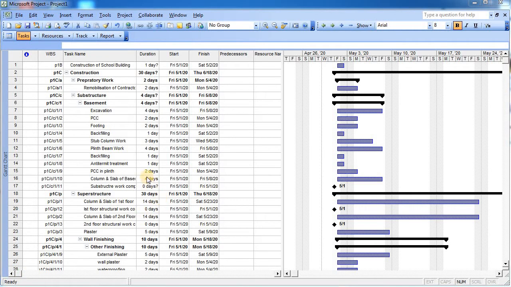So till now what we have done is that we have inserted the various durations for these activities. Now this is the next step. Even we have created the milestones. As you can see over here, it is represented by assigning 0 duration.